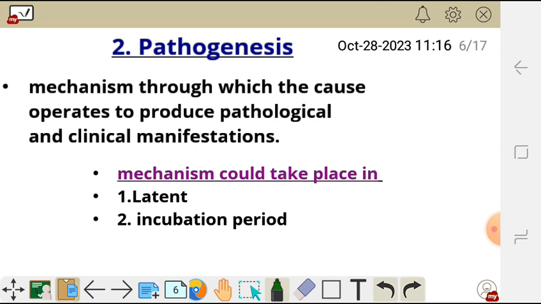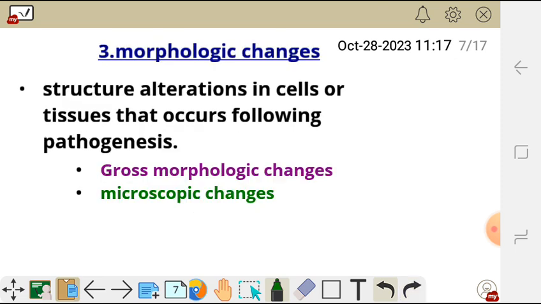So this pathogenesis could take place in latent stage or incubation period, which is the period from exposure to the first manifestation of signs and symptoms, that is incubation period. And the latent stage is from exposure to subclinical onset, that is what we call latent stage. Okay, then from there,